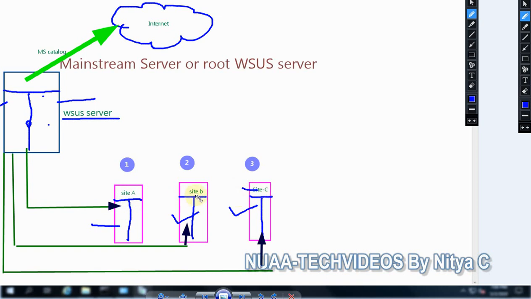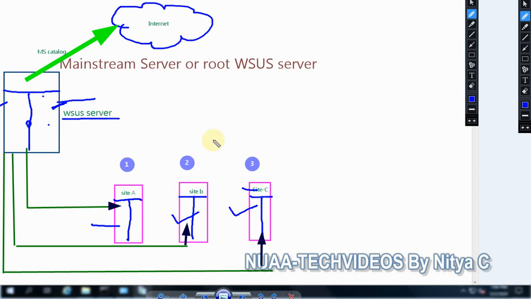So these are three sites, and here also we have some servers, and rather than getting updates directly from the internet, site A, site B and site C, these downstream servers are configured to get updates from the mainstream server. In our case, this is the one.